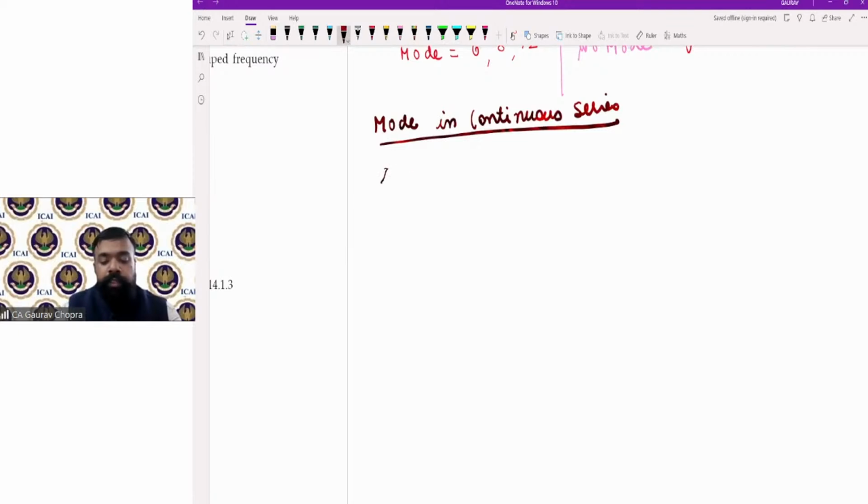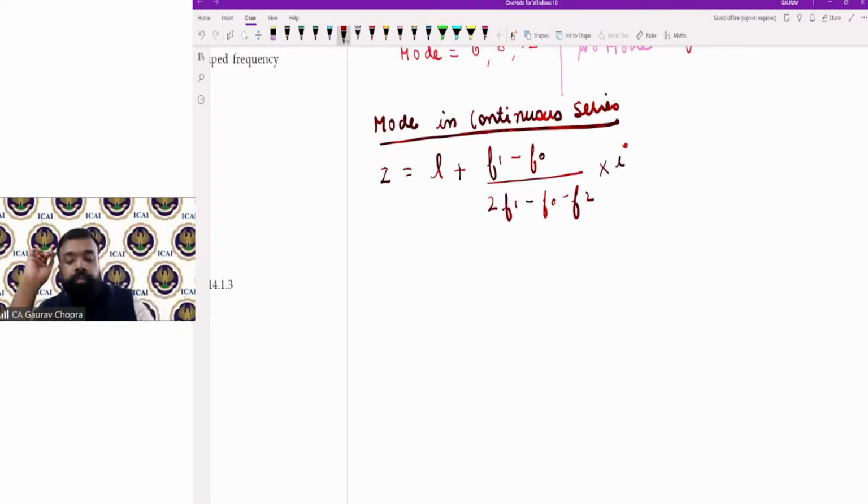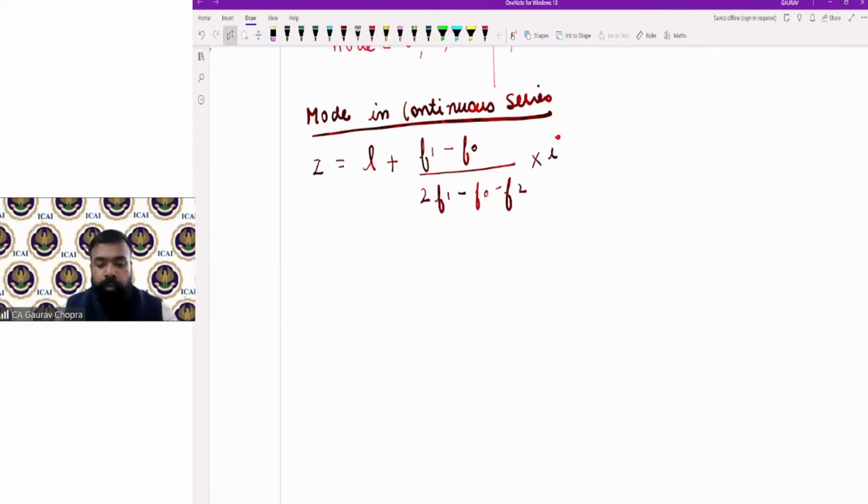Z is equal to L plus F1 minus F0 upon 2F1 minus F0 minus F2 into I. This is the formula. L plus f1 minus f0 divided by 2f1 minus f0 minus f2 into I. Now, what is the meaning of this f1, 0 and 2? So let us understand with the help of, for example,